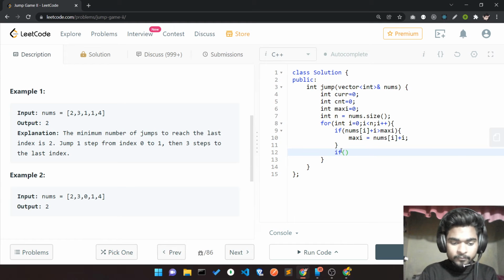Here i denotes the current position, the index I am computing right now.